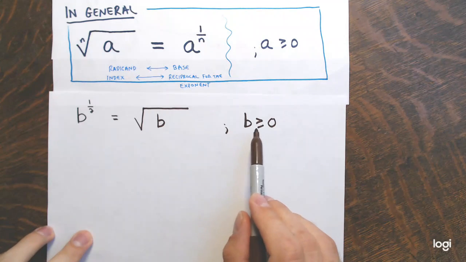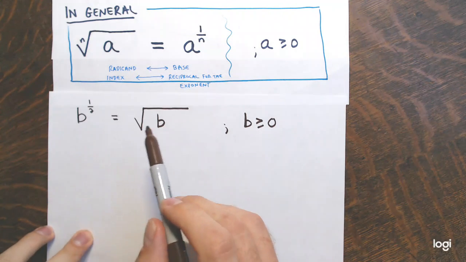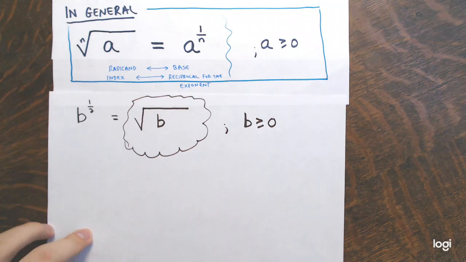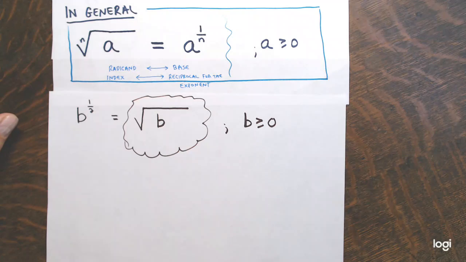So I'll just put that b has to be greater than or equal to 0 in order for this thing to be real. All right, but there you go. b to the 1/2 is the square root of b, the non-negative square root of b. All right, great. Those examples I had some base to a fraction power to the 1 over n,